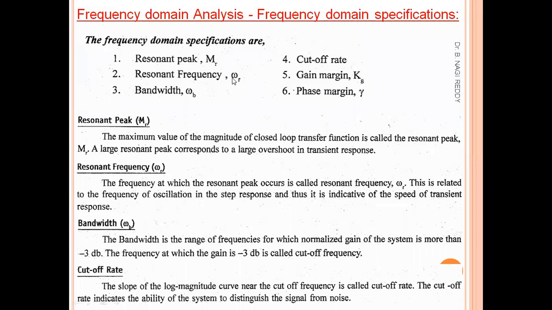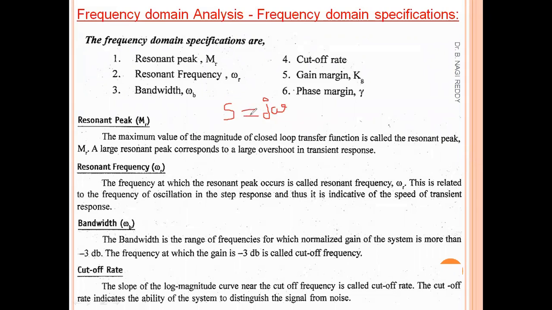You have already seen this omega term in the second unit, which is time domain specification also. Of course, we have the relationship between frequency domain and the time domain. And just now I have said the relationship between Laplace domain and frequency domain also. In the Laplace domain, we use the S term, and in the frequency domain, we use the j omega term. So the relation between Laplace domain and frequency domain is s is equal to j omega.